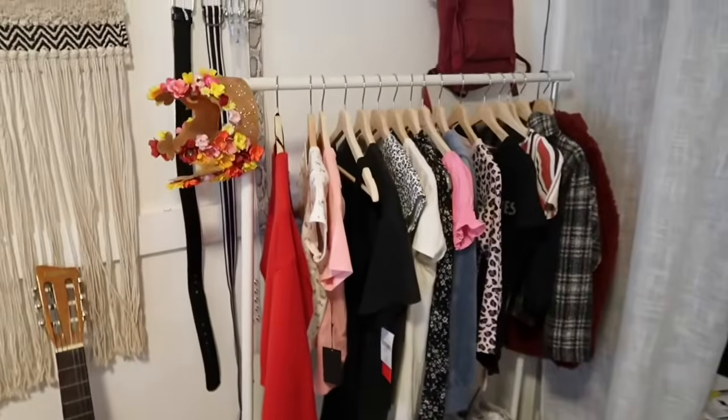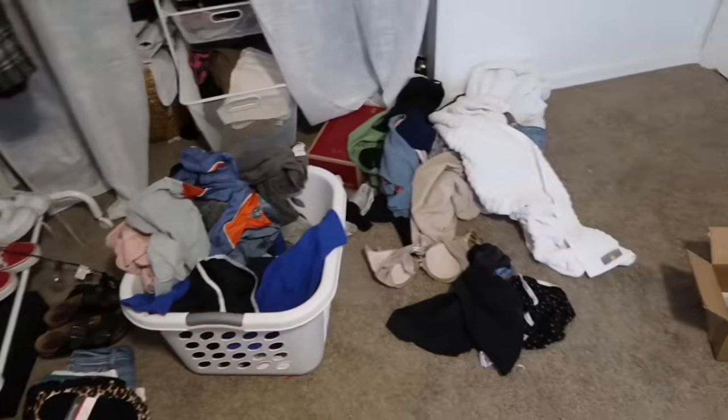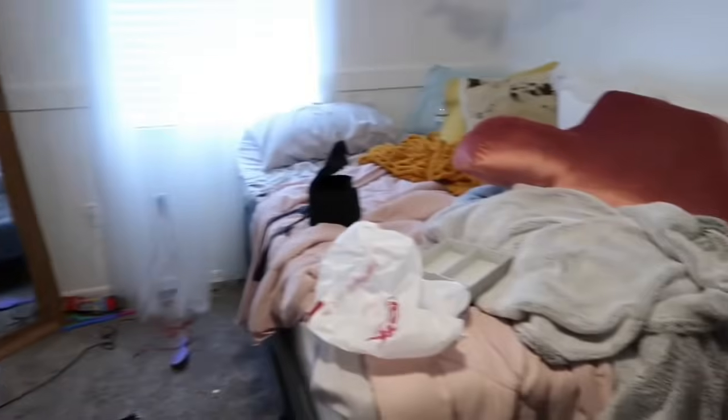This area is kind of clean. And then these are literally clean clothes. And then dirty clothes. My closet is a wreck. And trash. This is all just trash. And it's just really messy here. So